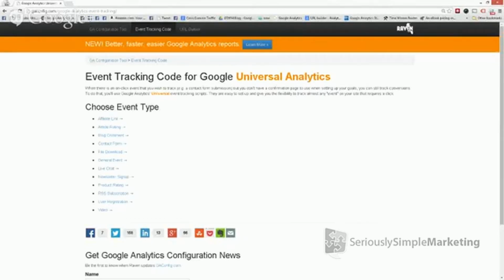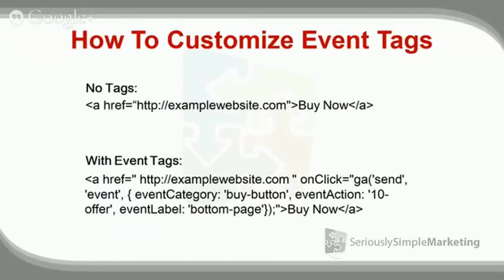So hopefully I haven't confused you too much. Again, part of this is just getting used to what's available in Google Analytics. Most people don't know that you can do this stuff. And this on-click code, this part in blue, this is important. You're going to use this a lot because you want to know these little items that are in red, these labels. Because if you don't label your clicks or your downloads or your actions, it's very, very difficult to figure out what exactly people are doing on the page. What this will do is tell you the specific actions people are taking on the page.